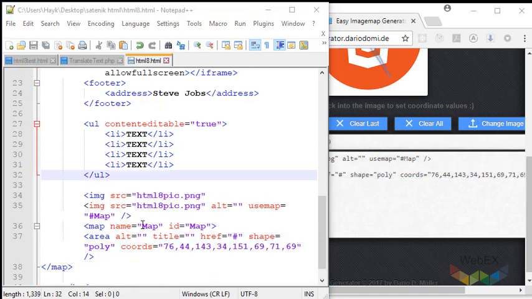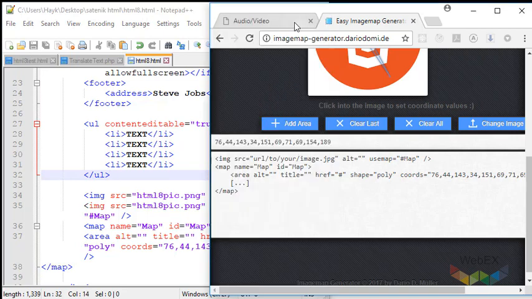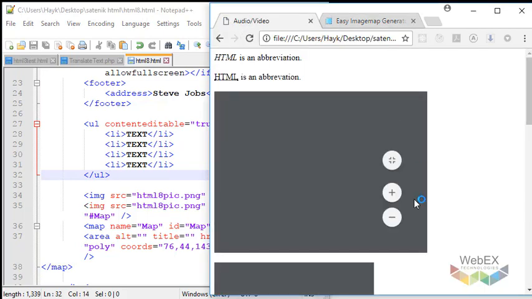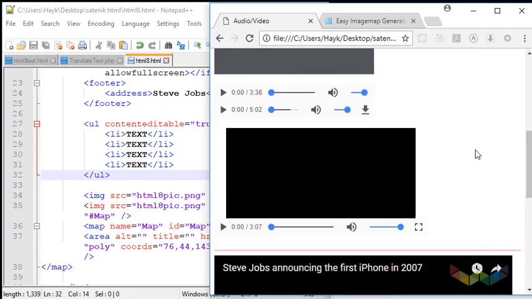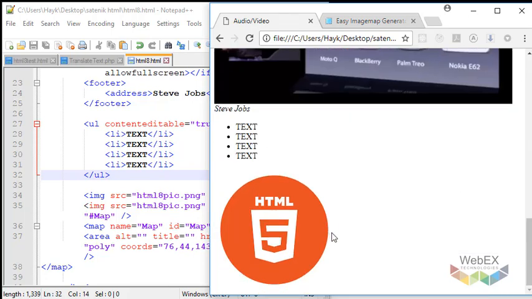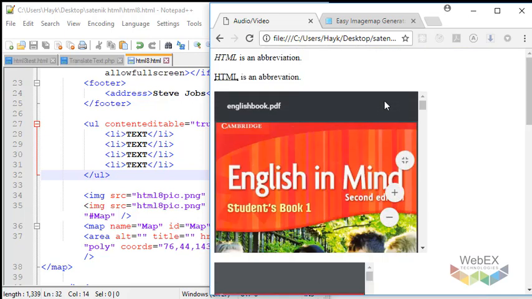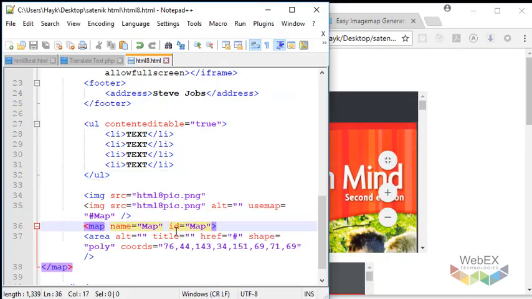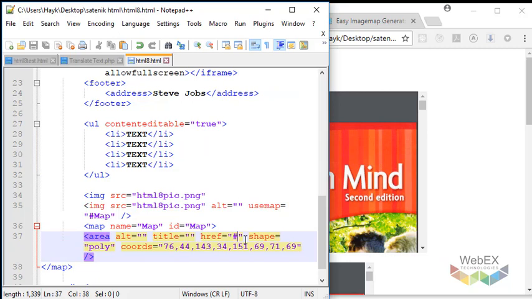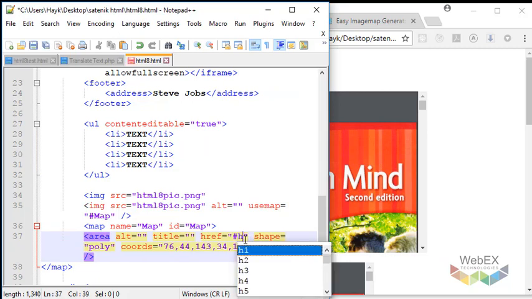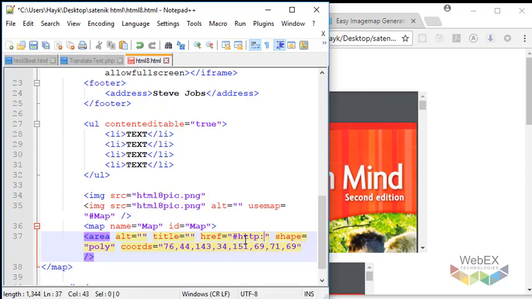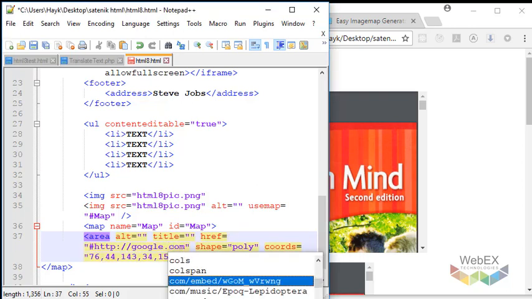So for now let's save and let's refresh our page, and if we click on the selected area we'll just be taken to the top of our web page. So let's click on it for now. As you can see we came back to the very top. So if we want to go to a website, we type it just after href, and let's say I want to go to Google. You can type in whatever website that you'd like, so google.com,